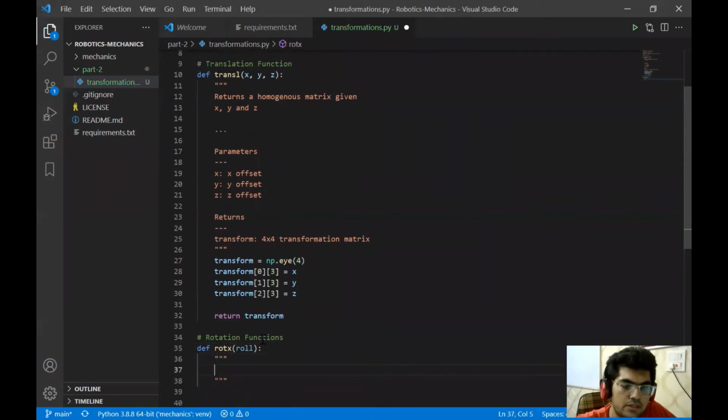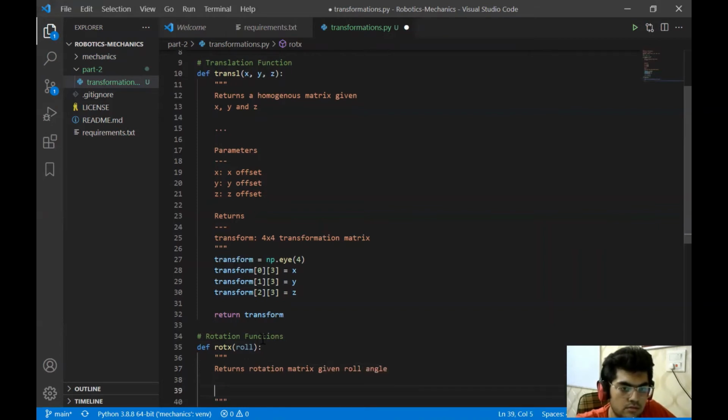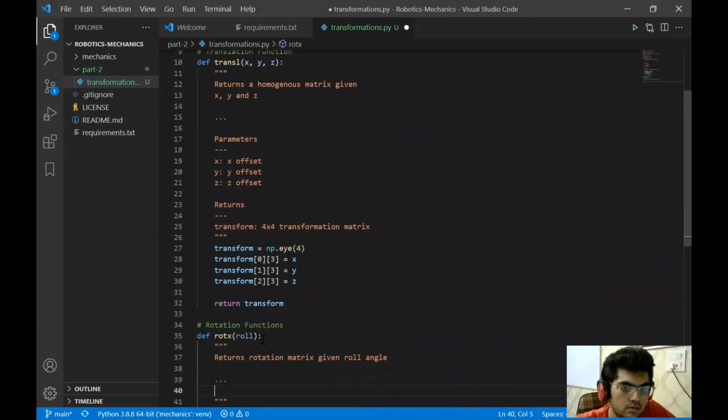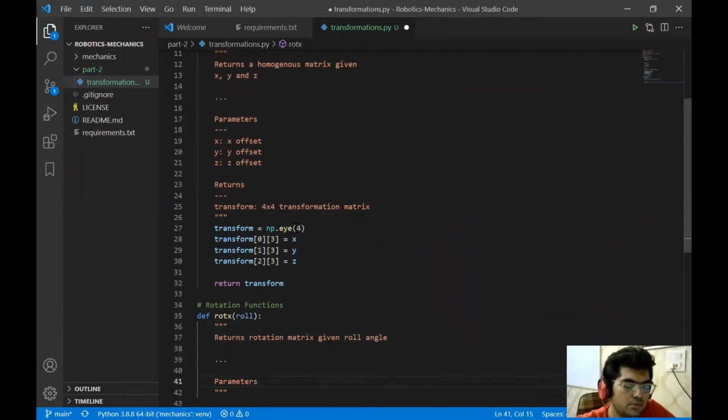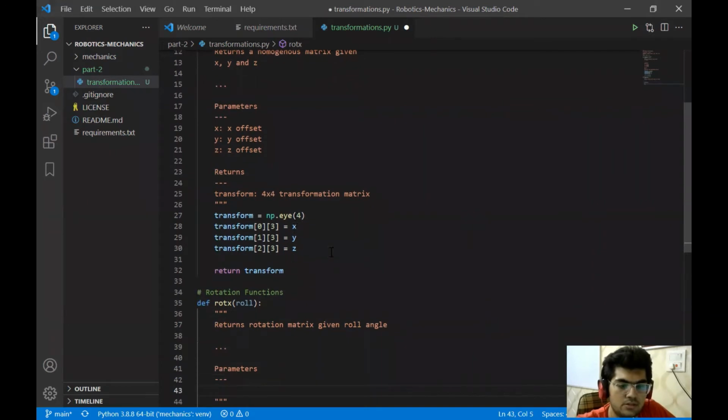Add some documentation to it. Matrix. Well, this transformation matrix that defines all the translation and the rotation both in one matrix, it's also called an SE3 rotation group or rotation space, and this rotation matrix that is a 3x3 matrix, it's called an SO of 3 rotation space.